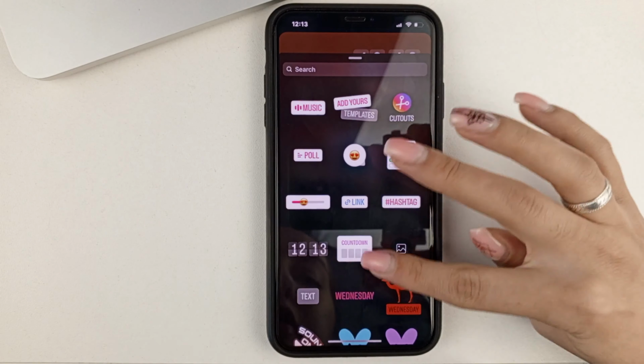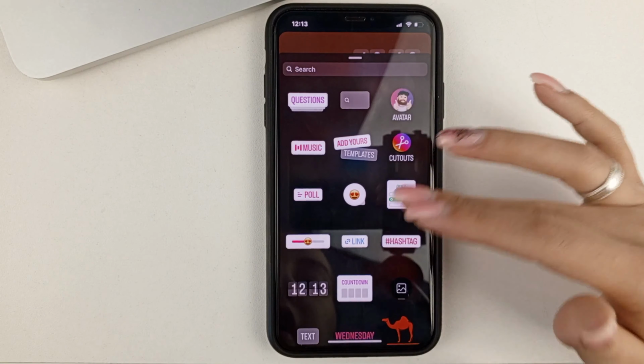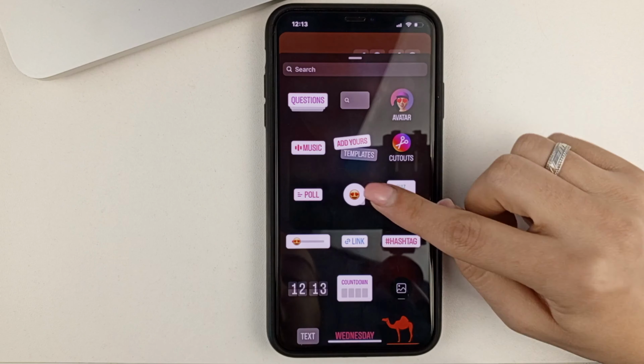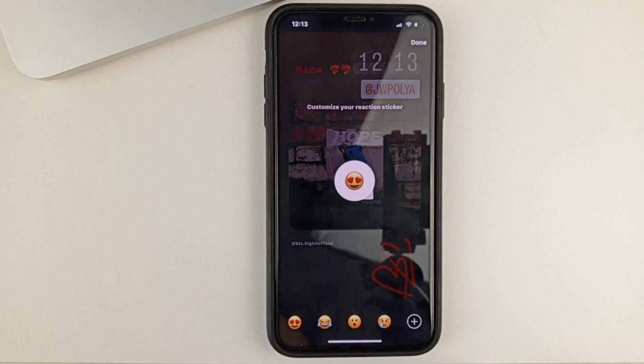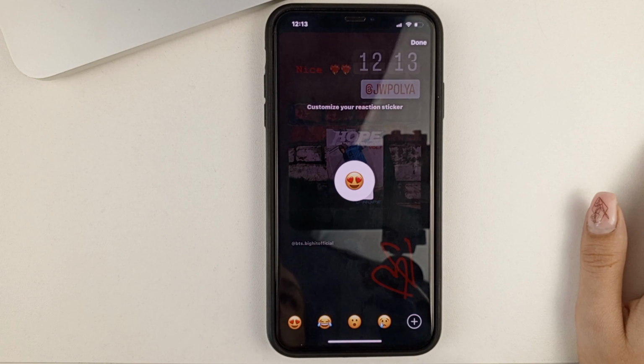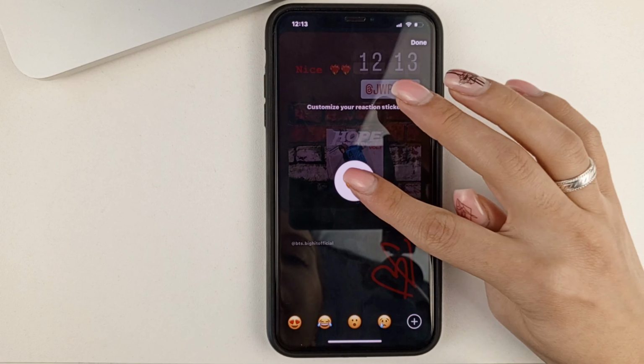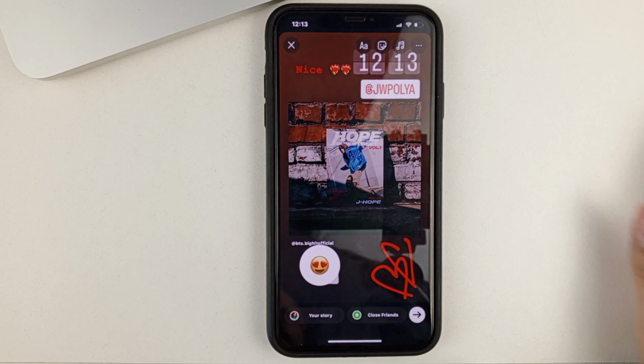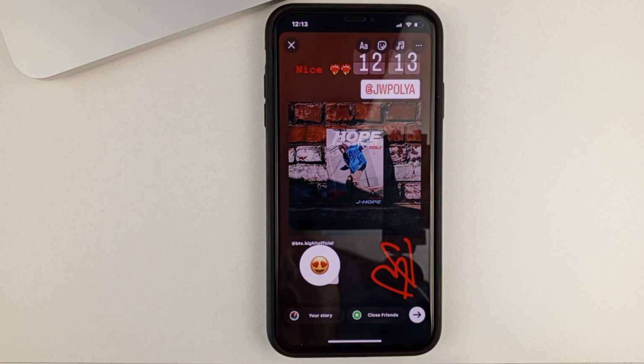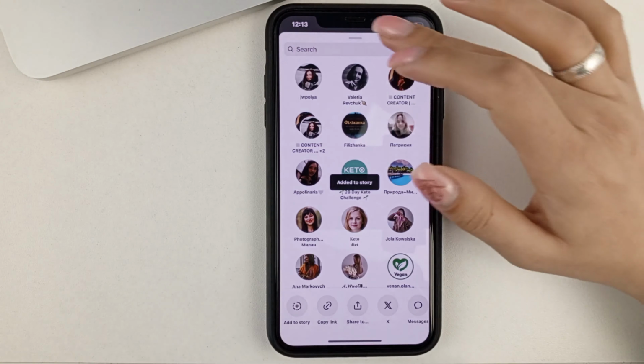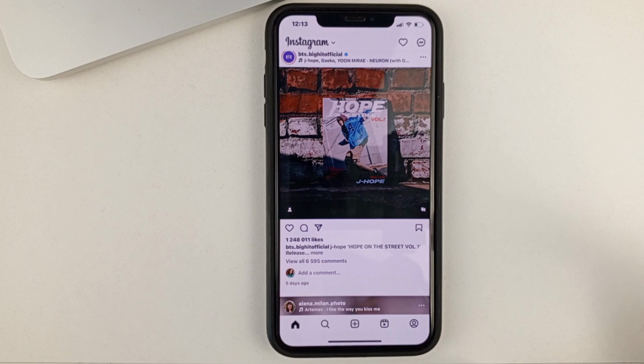And we can also add very many things. Let's say if I choose this sign, then when people click on it, they'll put a reaction to your story. It's like this. After you've done all the manipulation that you wanted to do, you can put stories. And now someone's publication will be in your story. All you have to do is wait a few seconds for the story to be published.